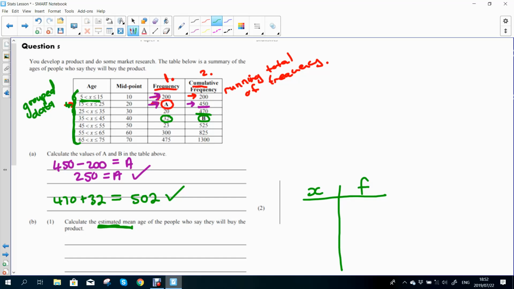The values that you put into the calculator will be the midpoint of your group interval. So the midpoint of your group interval. How did they get to 10, guys? How did they find 10? So all you need to do is take, you want to find the middle between 5 and 15.